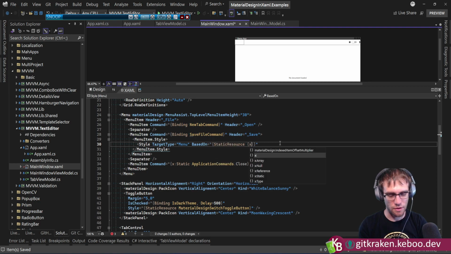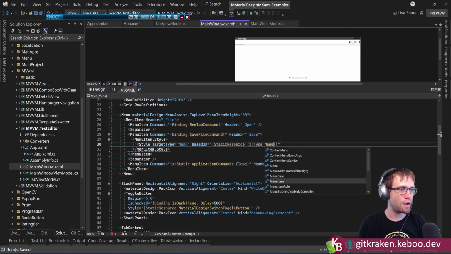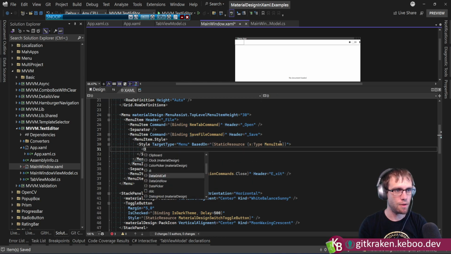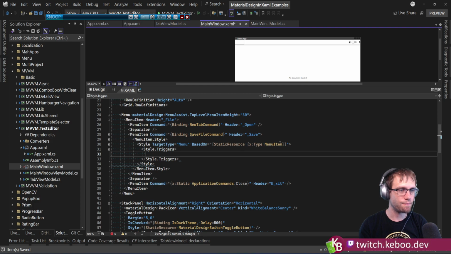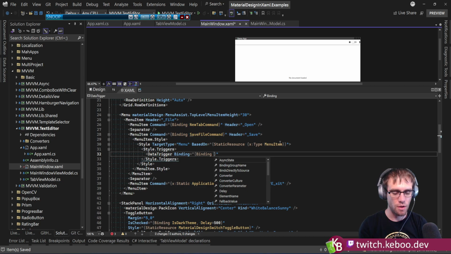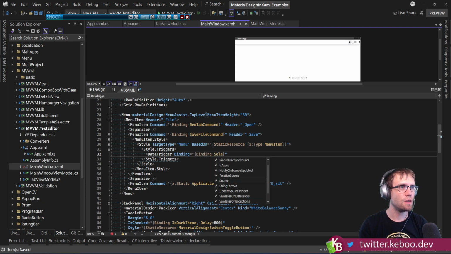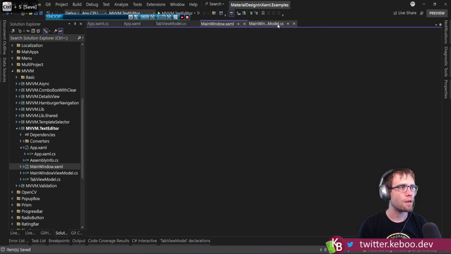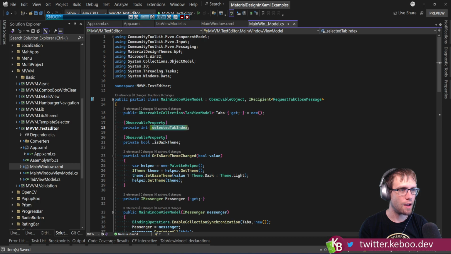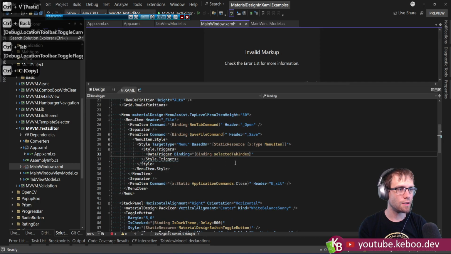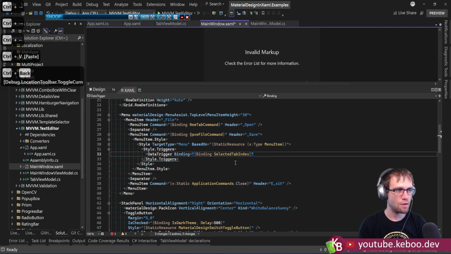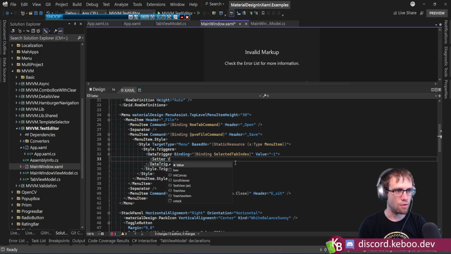Let's see. Static resource, x type menu item. We will do style triggers, and we will do a data trigger. We will do a binding to. Why aren't you giving me any IntelliSense in here? What did I call that thing? Selected tab something. Yeah, this thing. So if selected tab index, value is -1, then we are going to set your